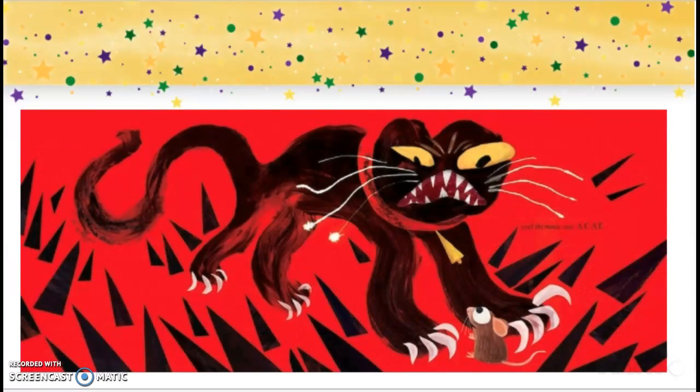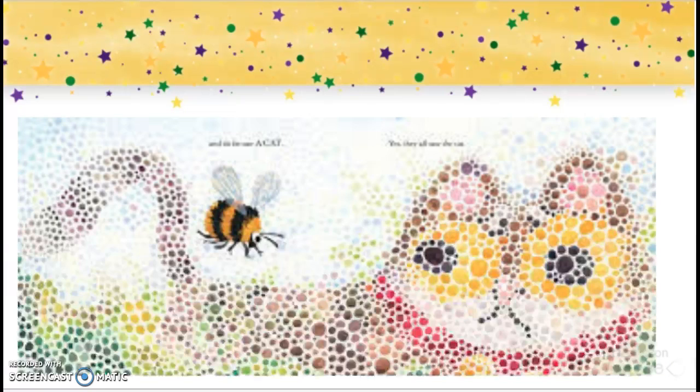This is one of my favorite parts of the book, when the mouse saw the cat and it showed the cat looking like an actual demon when really it's just a cat. Or when the bee saw a cat and it was all pixely because that's how bees see. The story continues on like this with different animals seeing the cat in different ways, but those two are my favorite. And again, it repeats every once in a while that the cat walked through the world with its whiskers, ears, and paws.